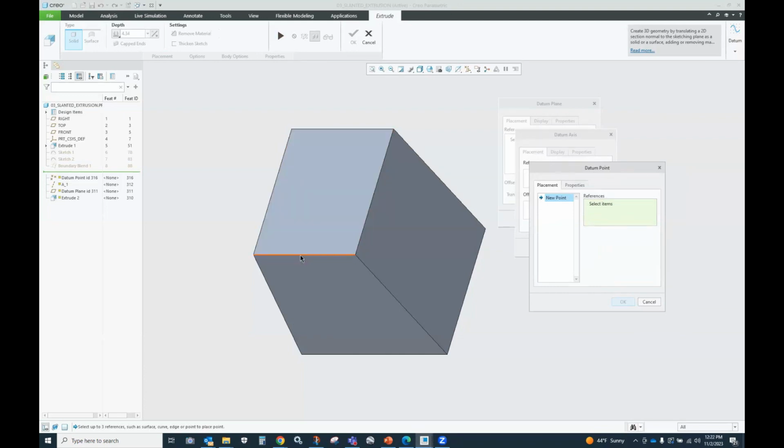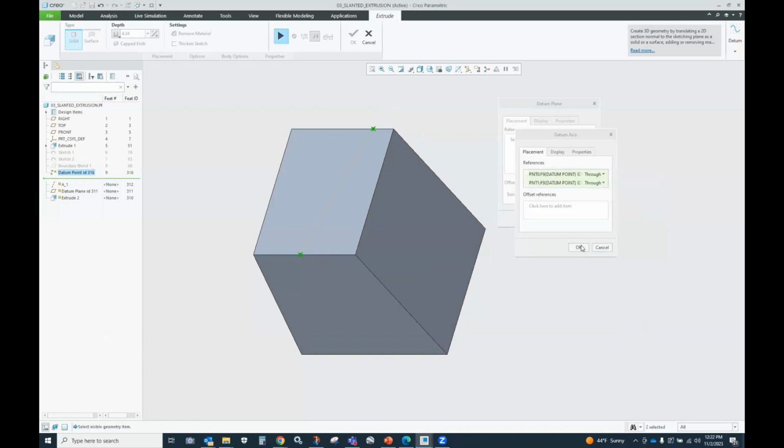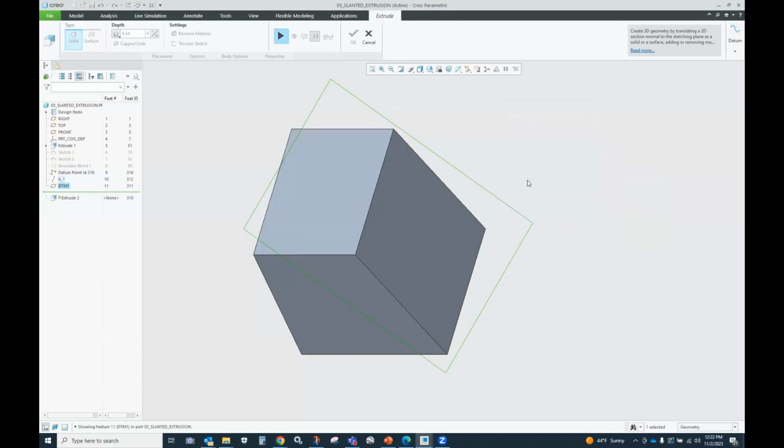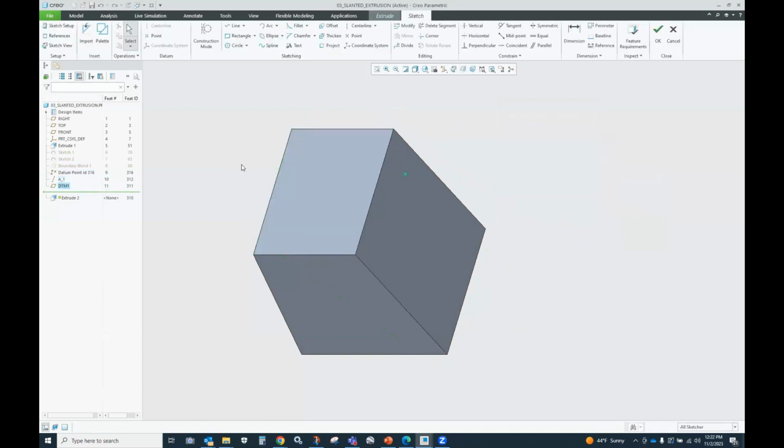I'm going to create a datum point on this edge, and then I'm going to create another one on that edge. So I've created 2 datum points. That's all that Creo needs for an axis. The moment I'm done with the datum points, the axis is created, and then my datum plane passes through that axis at an angle to that surface. So there's the datum plane. Now I'm going to resume the feature,